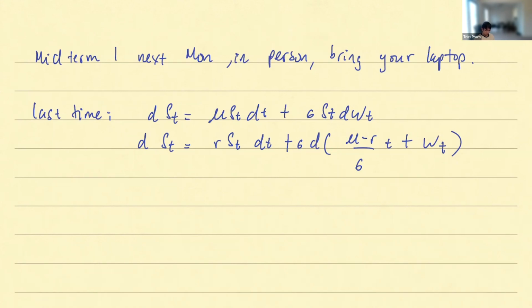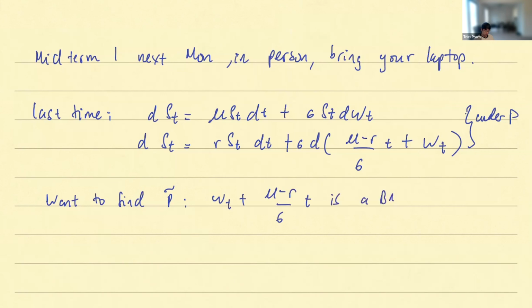So right now, when we write something like this, both of these supposedly will be under P, the physical probability, under whatever our current world is observing. So we want to find another point of view, the so-called risk-neutral point of view, so that, I guess I should write it the other way. I'm not used to that. This is a Brownian motion, and of course, once we do that, we can call this W tilde.